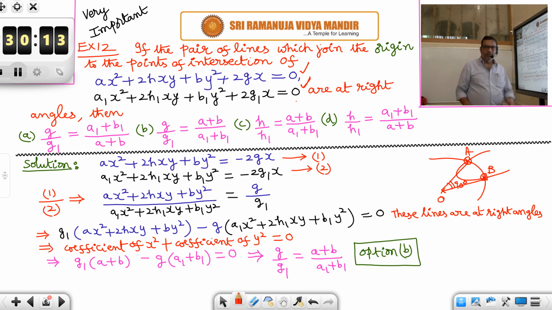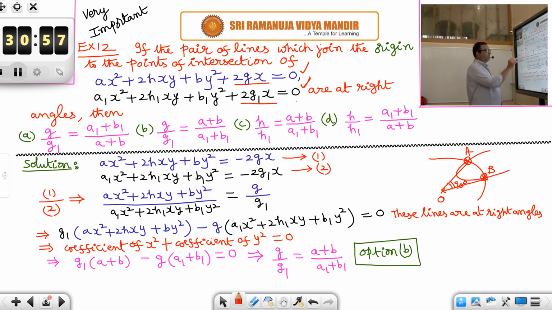Okay. Here, when one curve is given, one straight line is given, with the help of the equation of the straight line, we homogenize the equation of the curve. Is it not? But here, because both are curves, with the help of the equation of one curve, we have to homogenize the equation of the other curve. So homogenization is a process. Somehow you must get all the terms, second degree terms only, first degree terms must be eliminated. So here in the first equation, first degree term 2gx. In the second equation, first degree term is 2g1x. How to eliminate them? So this is the idea.